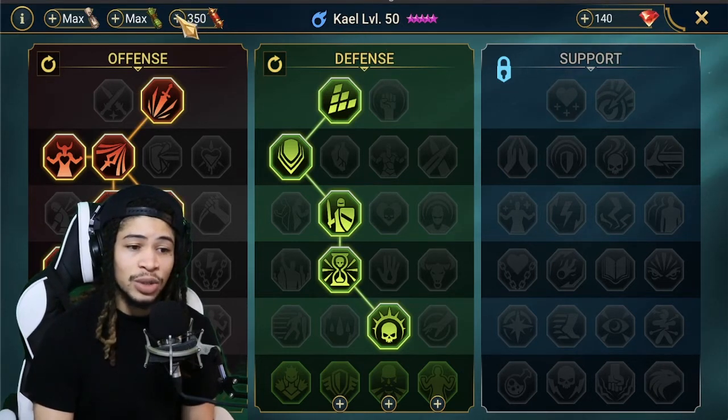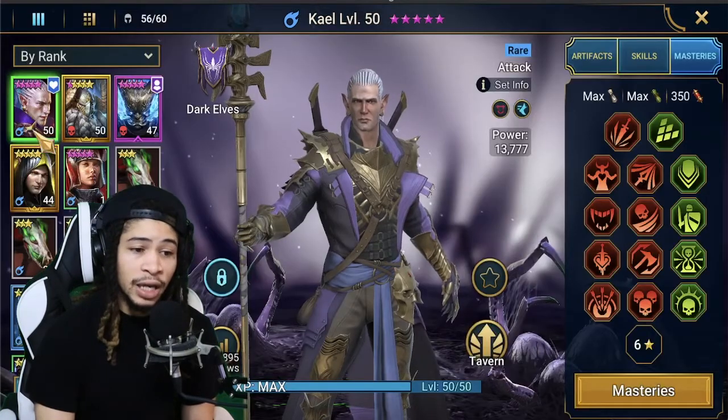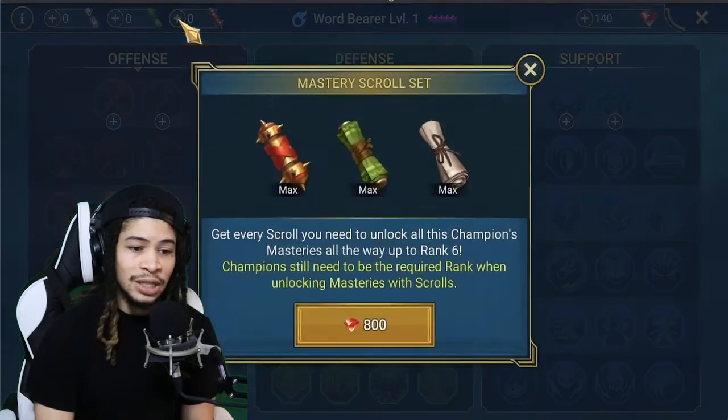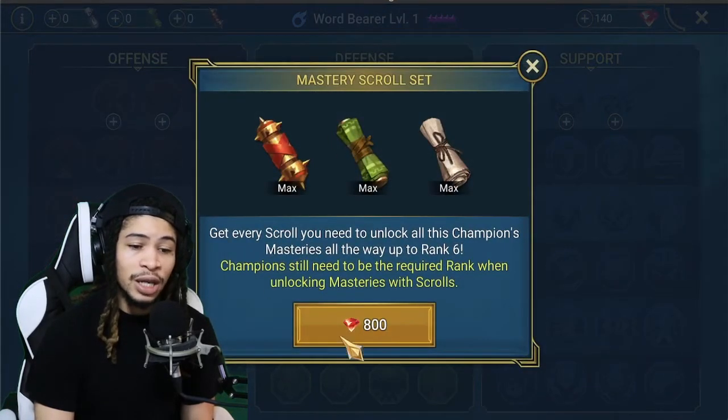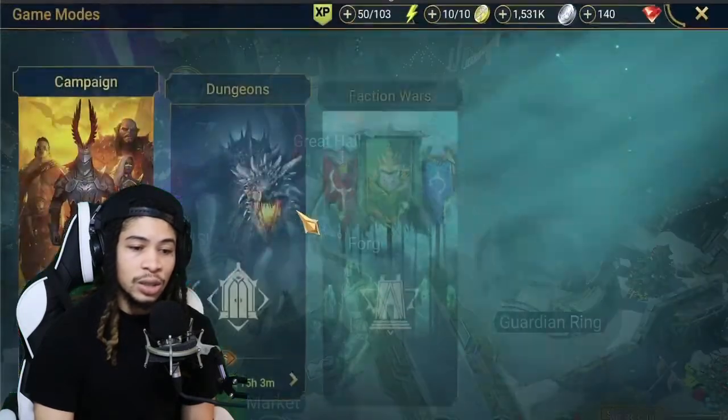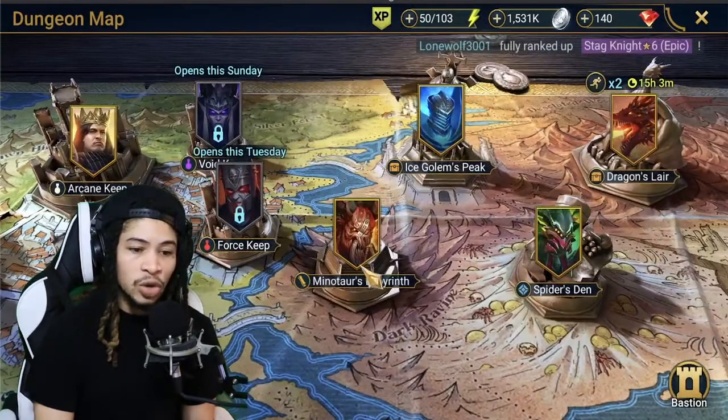All you have to do is click on this plus icon here. It will prompt you to spend 800 gems. So if we go to a champion that has no masteries, we click that plus. Gonna prompt you to get max masteries. You can get 800, or you can go into the dungeons, the Minotaur's Labyrinth here,